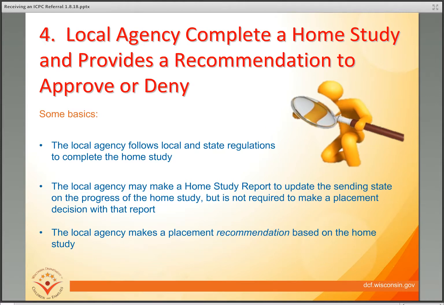Once you know which regulation type and home study type you are assigned by reviewing the referral, you will begin step 4, which is to complete the home study and provide recommendation to approve or deny to the Wisconsin ICPC office. When completing the home study, the local agency must follow all local and state regulations in order to complete